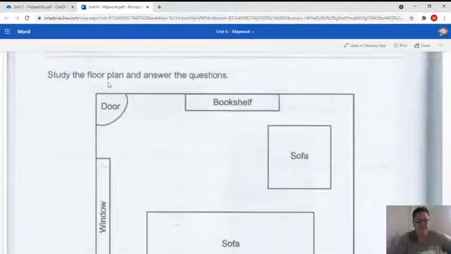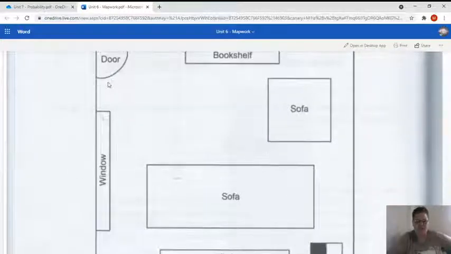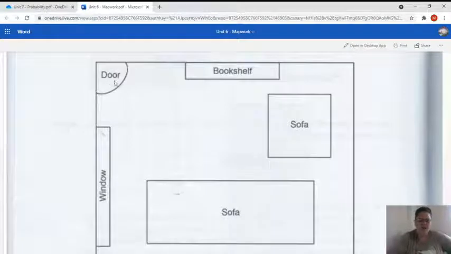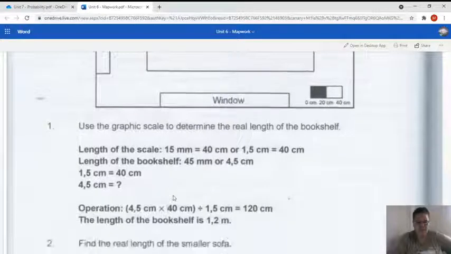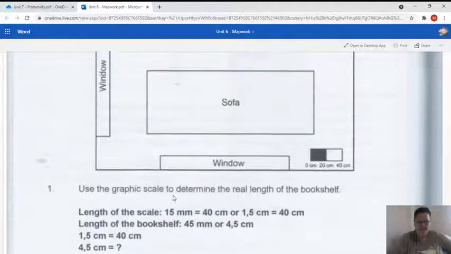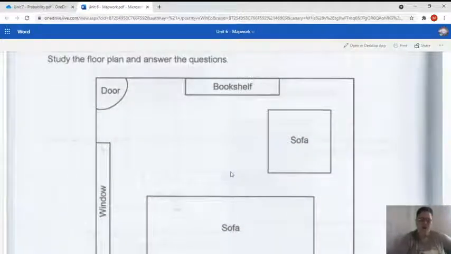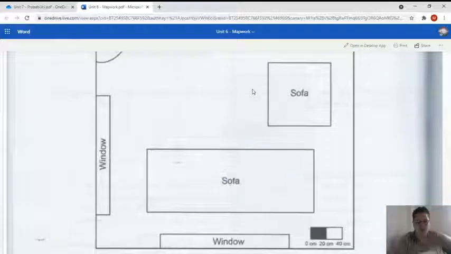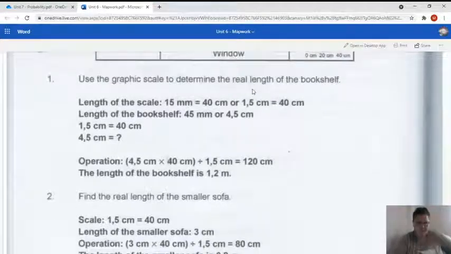Then it says study the floor plan and answer the questions. This is the floor plan. As you know, it has the various markings as per our previous lessons. Use the graphic scale to determine the real length of the bookshelf. Again, we can't measure it. Where's the bookshelf? We can measure it here, but it's not going to give you a true reflection of the actual measurement, because this has been blown up and made bigger for this purpose. So the length of the scale, 15 millimeters,